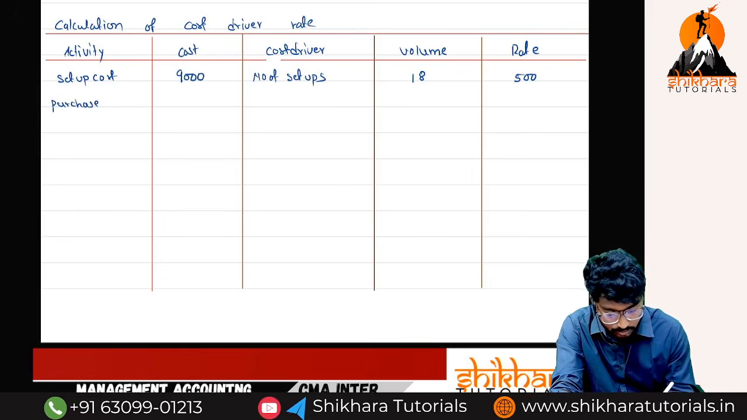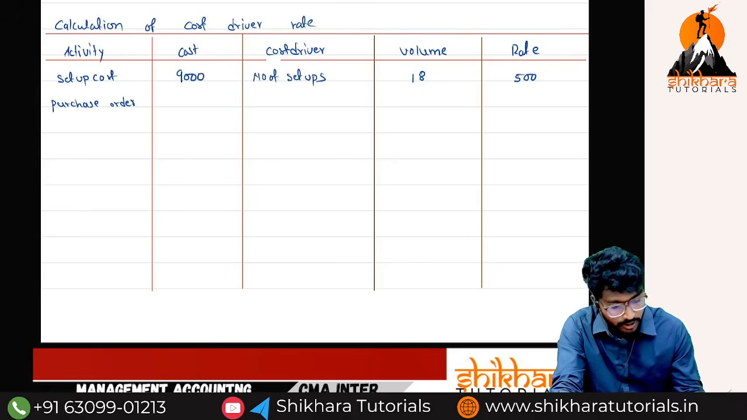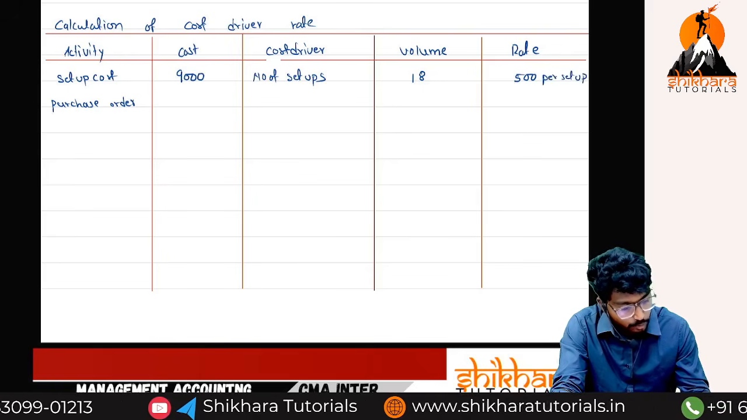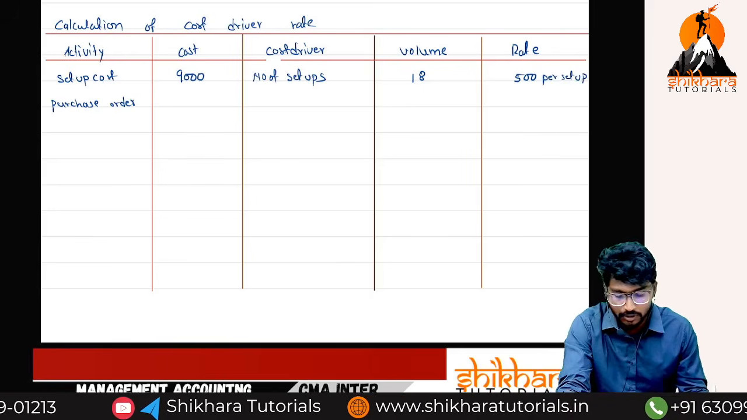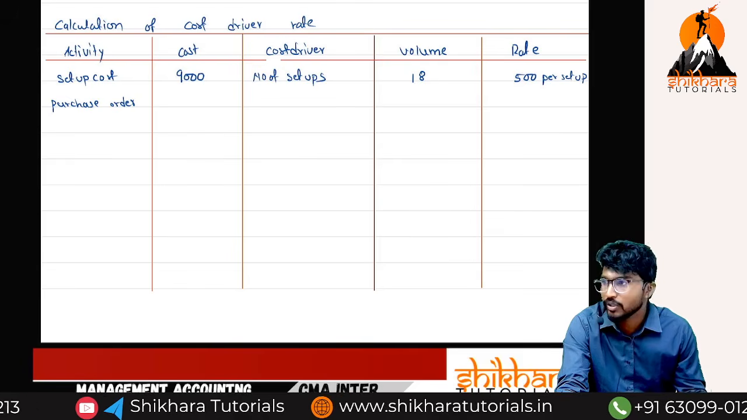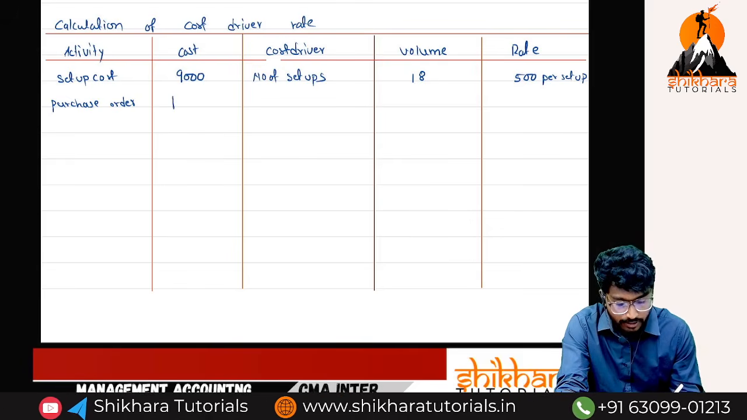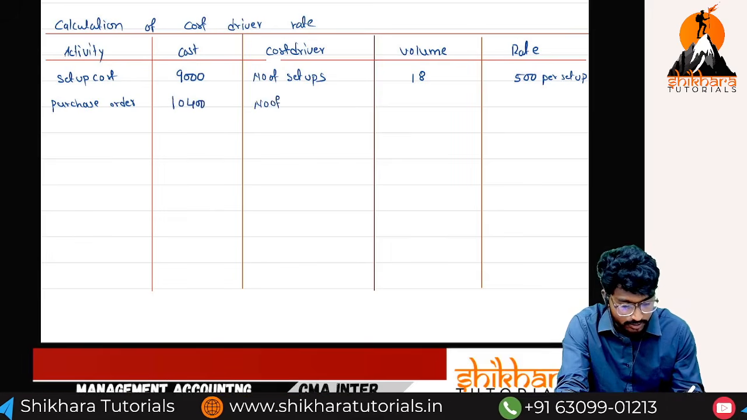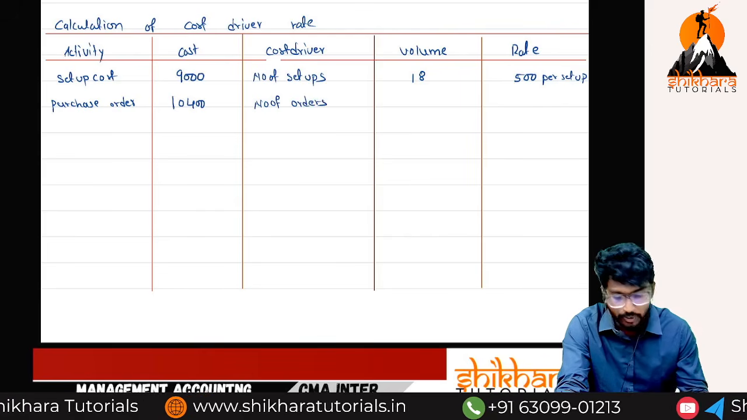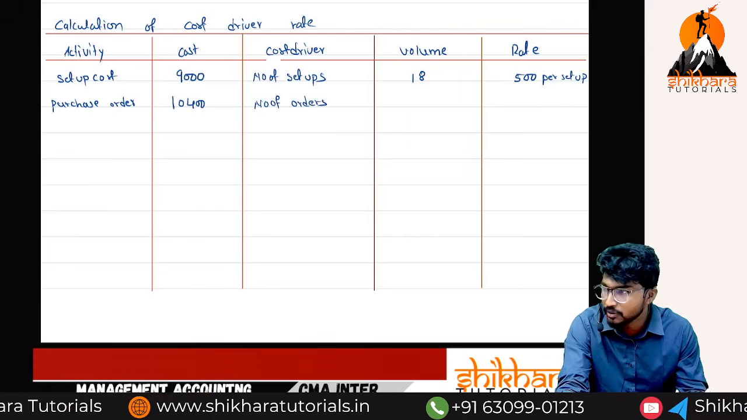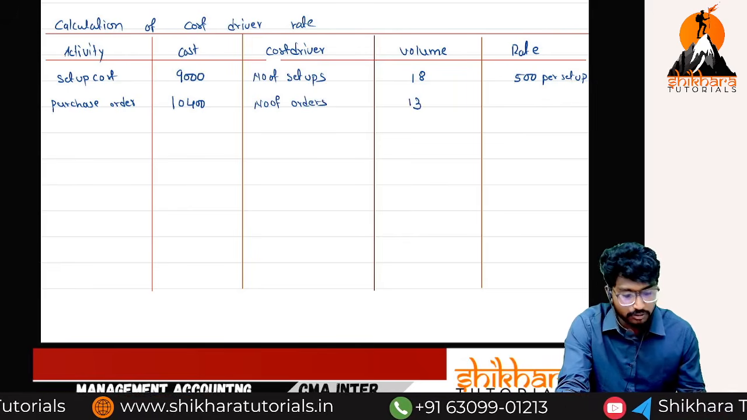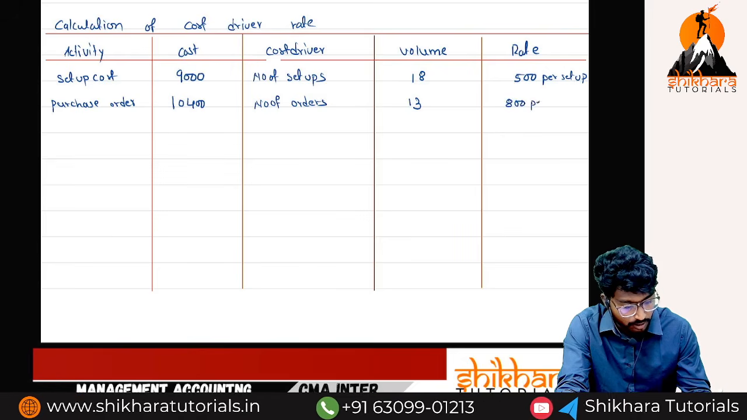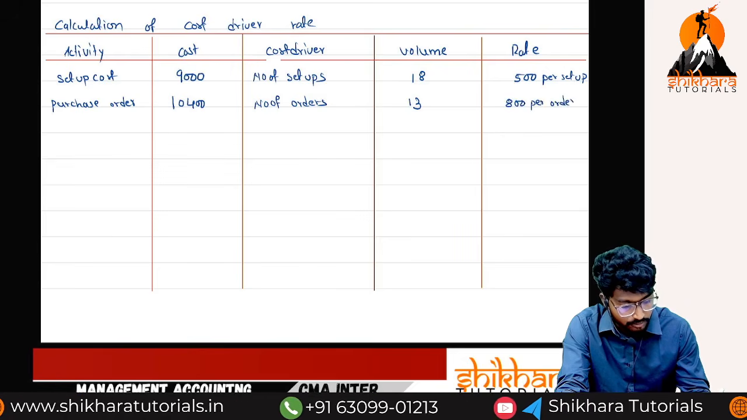Purchase order. Here 500 per setup. Notations are very, very important. Next. Purchase order. How much? 10,400. Number of orders. How many? 13. 800 per order. Next one is